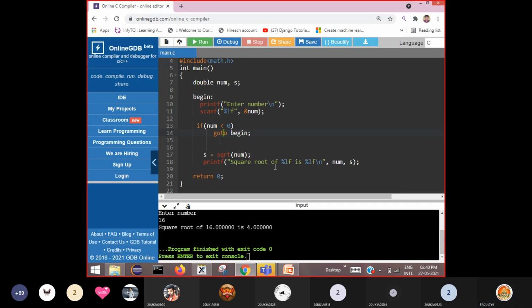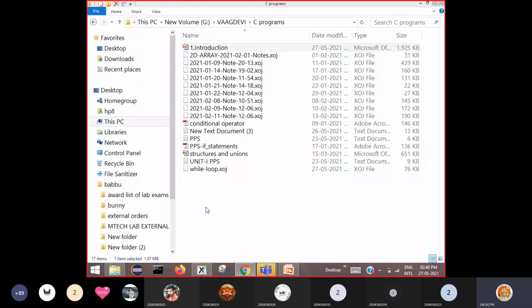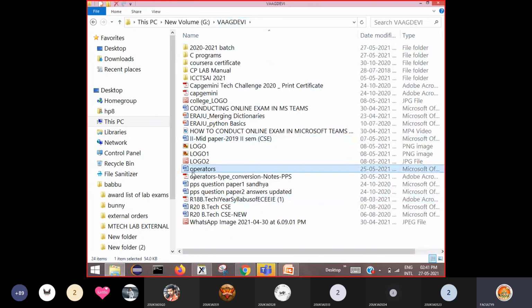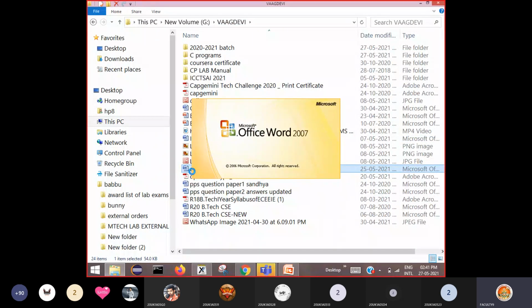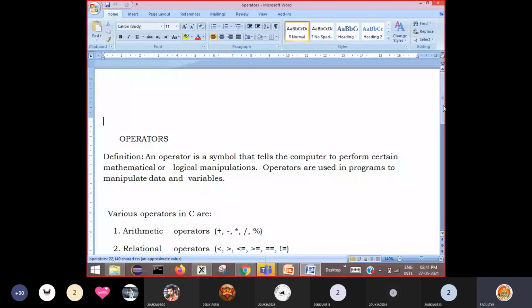Fine, understood. So I'll copy this code. Here we are copying all the programs.